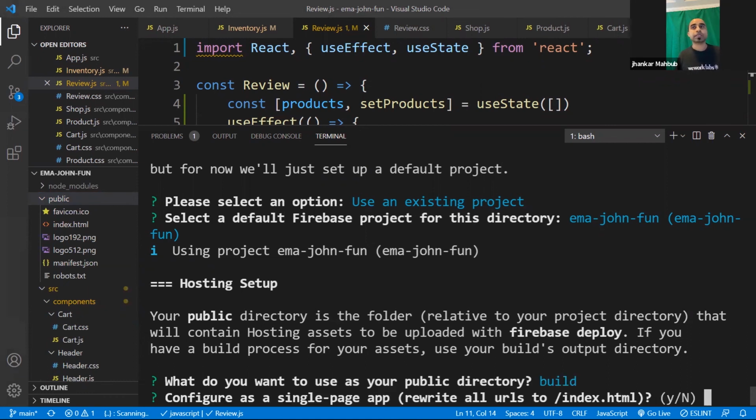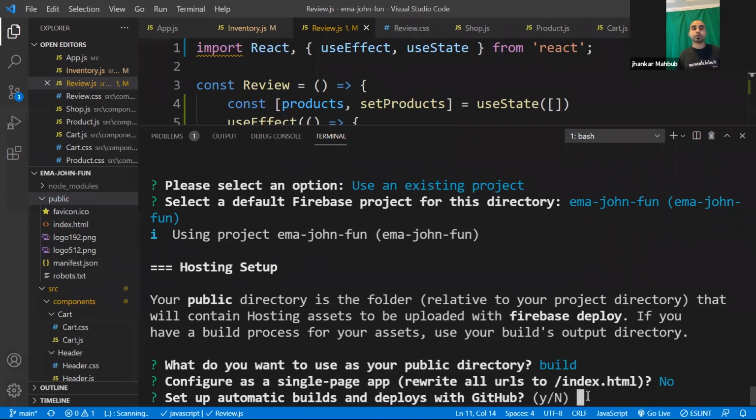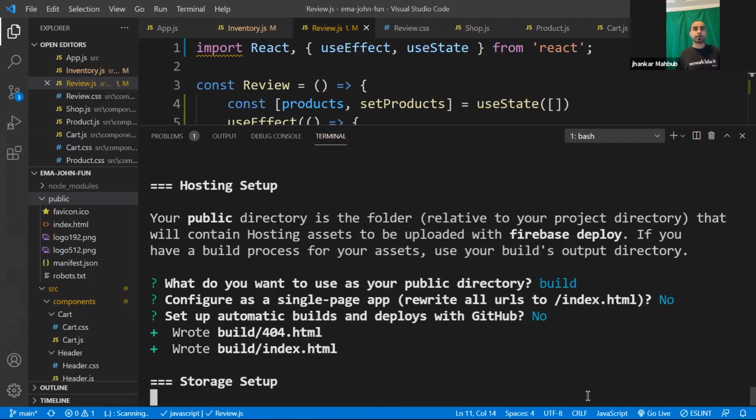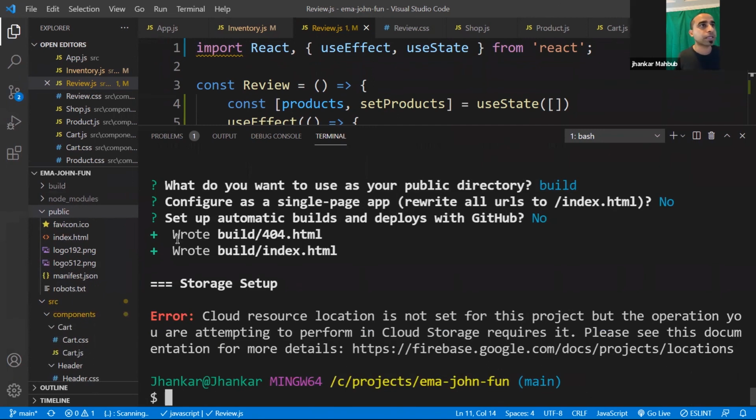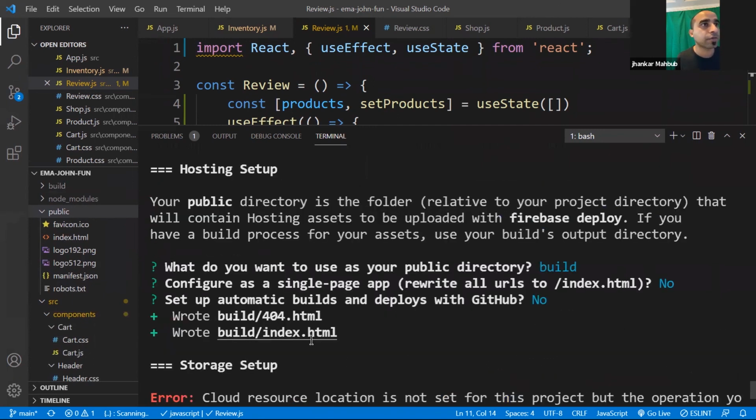And it will ask, do you want to configure a single page application? That means it will change your index.html and put some extra things there. In our case, we say no, I don't want you to change those things. And the last thing they will ask is, if you push your code to GitHub, do you want to trigger an automatic build? That means you create some kind of hook so that if code goes there, it automatically deploys. Right now, we don't want to go that part, so this would be the no case. So this is our configuration.